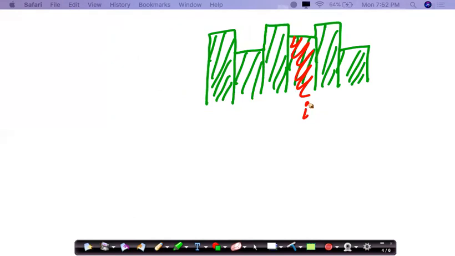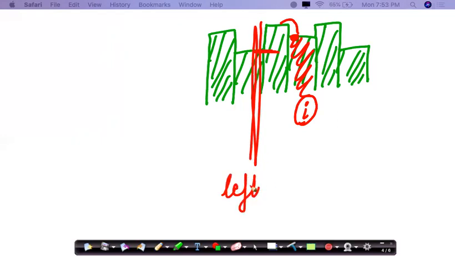If we try to move towards its left, we can see that this element is greater than this one, so this element can be included in this subarray because the ith element is still the minimum element. But we can see that this element is now smaller than the ith element, so this is the left bound of our subarray. Similarly, let's move towards the right. This element is greater than the given element. Let's move further. But this element is smaller than the given ith element, so this is the right bound of our subarray.